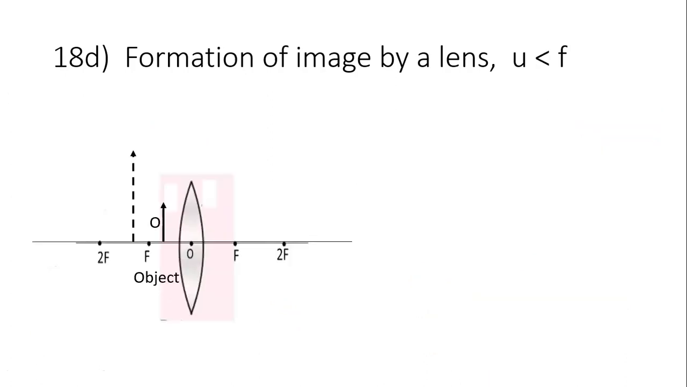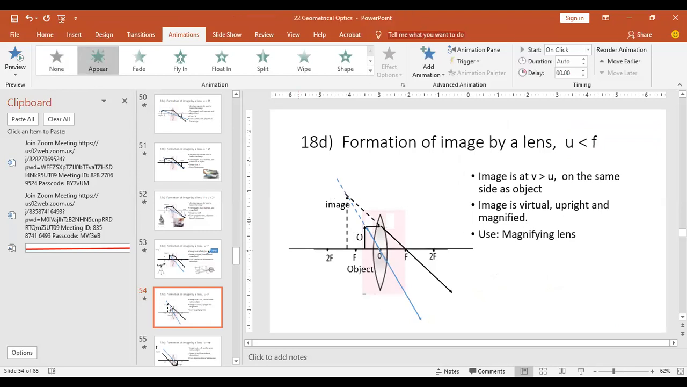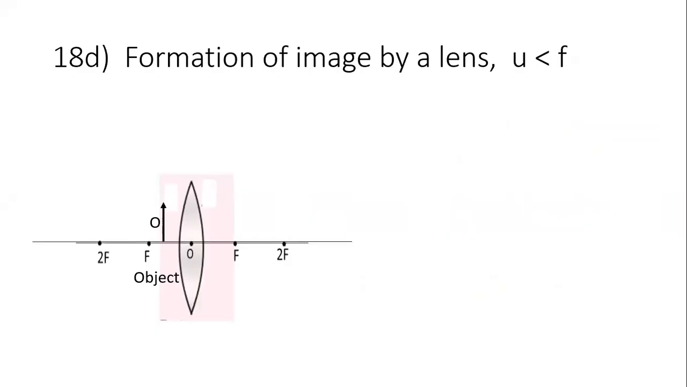Formation of image by lens. Right? Now we are looking at the object placed less than the focal length. That's your focal length. Right? Less than your focal length. Okay, that's your object. That's your lens. That's your principal focus. So as I said, the easiest one is to use the one that passes through the center of the lens. And the one parallel